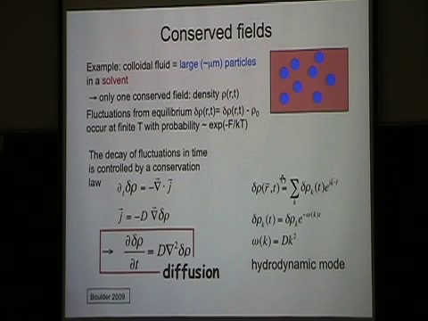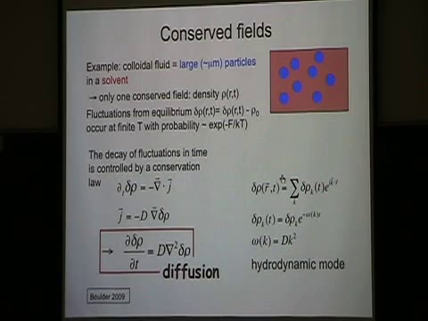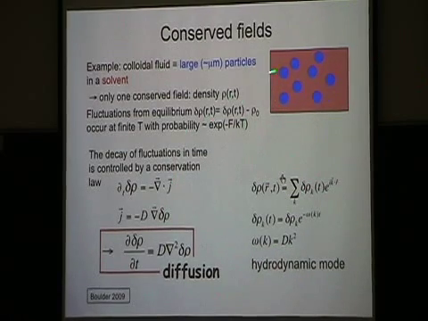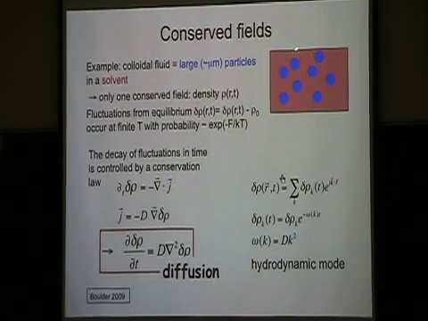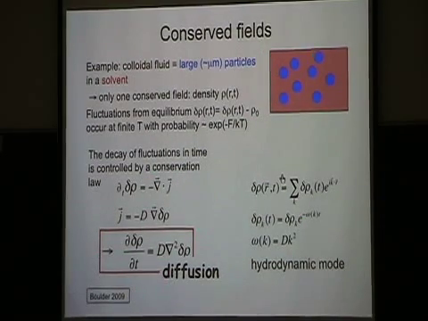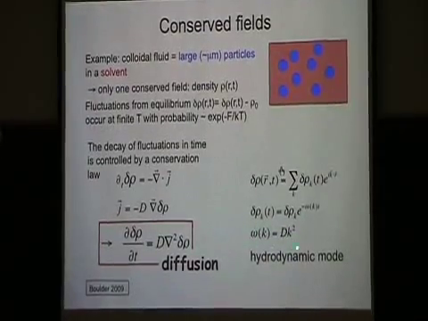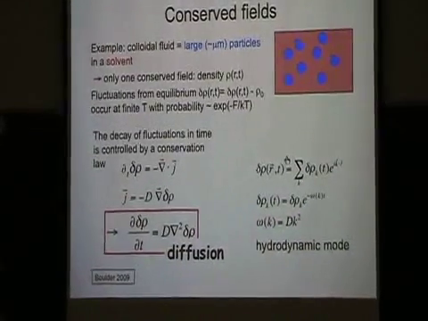So this is an example of a hydrodynamic mode. A long wavelength, k equals 0 fluctuation of density, becomes infinitely long-lived. And this effect is deeply connected to the translational symmetry of the system. So a real fluid, rather than a fluid of colloidal particles, will also have momentum and energy density as conserved variables, but they all behave in similar ways, and their decay is characterized by this kind of hydrodynamic mode, defined this way.